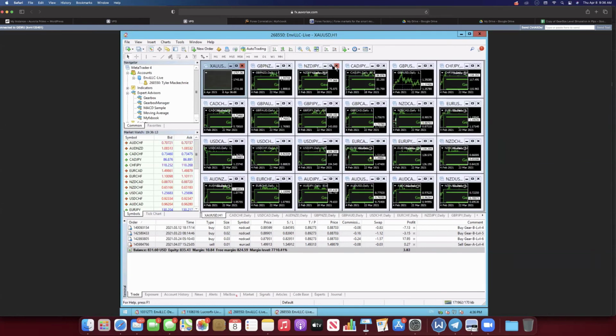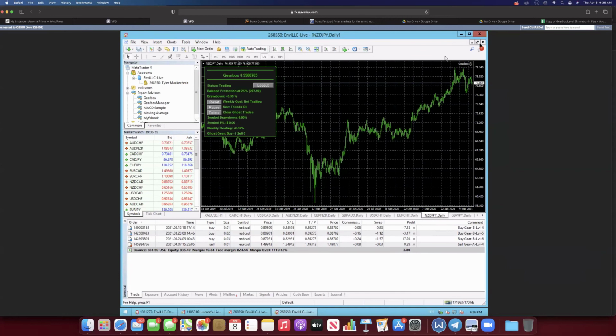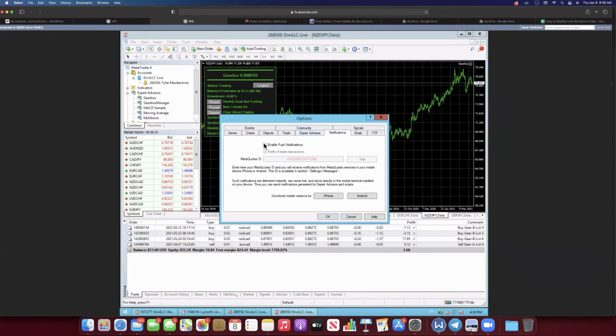The next thing you want to look at is, do you have a smiley face? You got a smiley face, you're good to go. Next thing to think about is, are you a manual approval version user, meaning you're a US customer? If you're a US customer, anytime you have a trade notification, you want to make sure you have your trade notifications turned on. You'll go here, enable push notifications, and get your MetaQuotes ID from your phone. So anytime you get a trade opportunity, you get alerted.